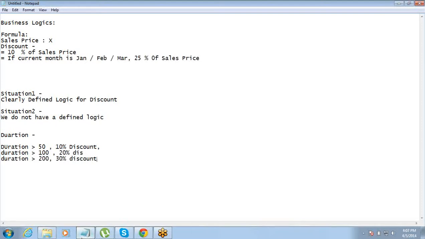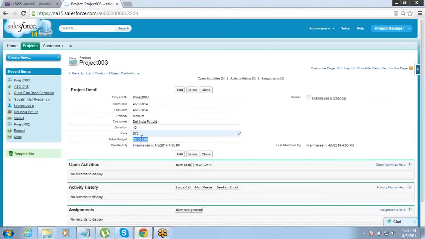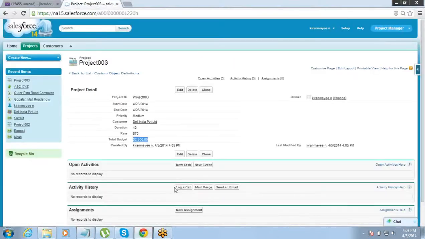So these kind of complex logics can also be defined. However, what we did in our last example, just multiplying these two things, is still simpler for someone to do manually. But if there is a big chart like this, where the discount depends on the number of hours, and that also depends on some other 2-3 factors, then it becomes a very tedious job for someone to manually figure out what slab of discount is applicable. Rather we can straight away go and define it in our formula.